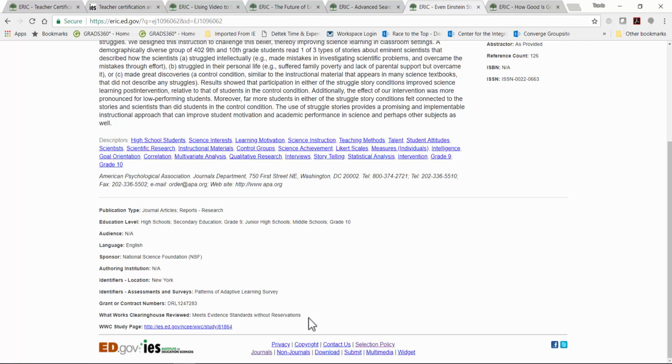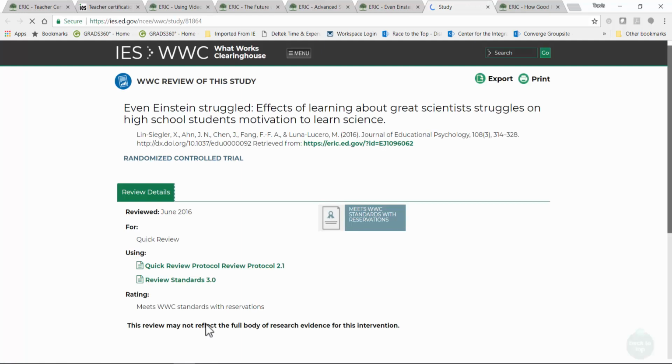And the What Works Study Page field goes to a page that contains full details, as you can see in a moment. Here we go. About the study, which can include the study findings and sample characteristics.